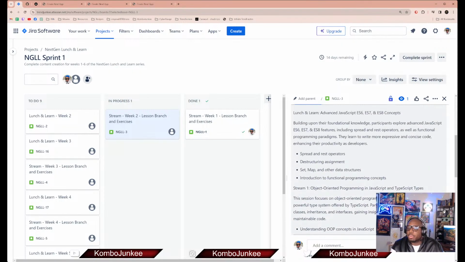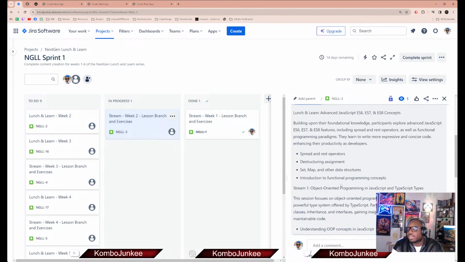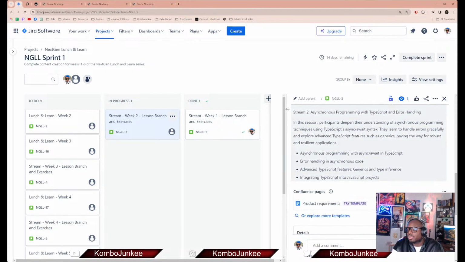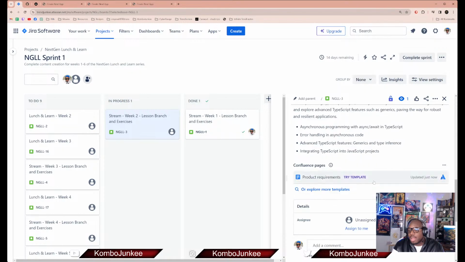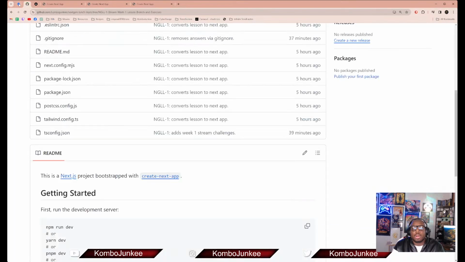So technically the branch that I have here is going to suffice for both week 1 and week 2. There's a bunch of examples, and then I'll give them a bunch of challenges for week 2. So I should have kept going with that, and that's what I'm going to do. I am going to keep going with that. That actually makes sense.